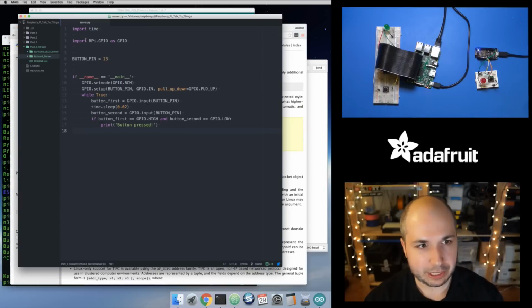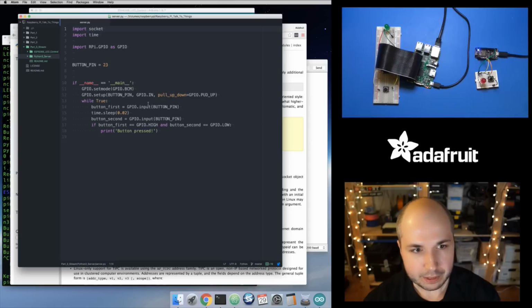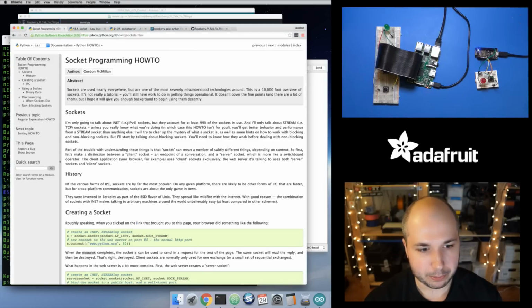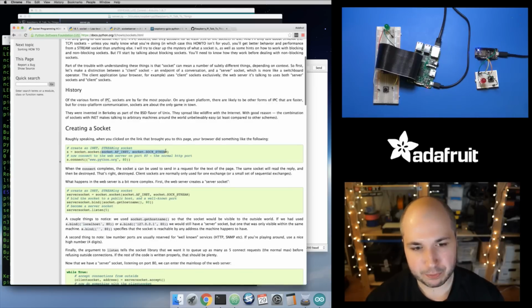So to get started, I need to import that socket module. So let's add that to the top. And then after I press my button, now I want to send a toggle LED command to the ESP8266. And to do that, I need to create a socket object. And then after you create a socket, like the programming how-to here mentions, you create a socket object and you pass in the type of socket you want to create. So this AF_INET, this kind of tells you that you want to make an internet socket,